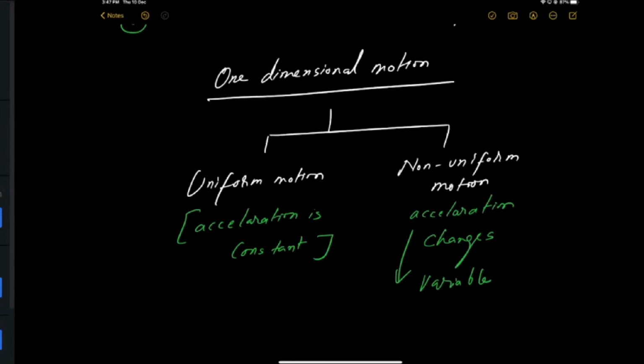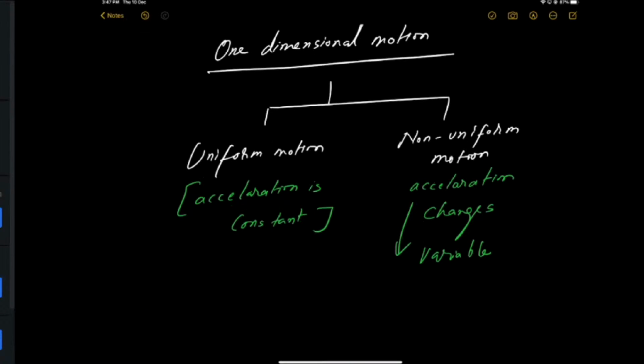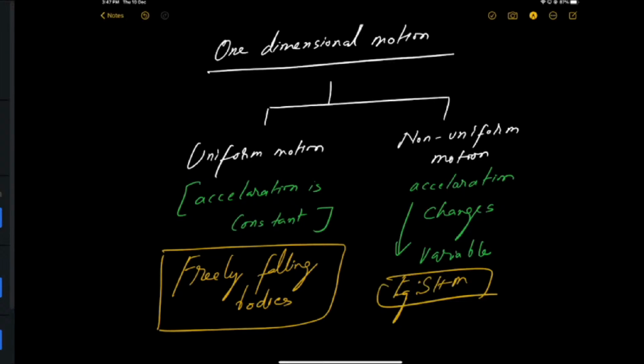What is the best example of uniform motion? So let me write here. The best example of non-uniform motion is SHM. Example, SHM. The best example of uniform motion is again freely falling bodies, or bodies which are projected vertically in the upward direction,